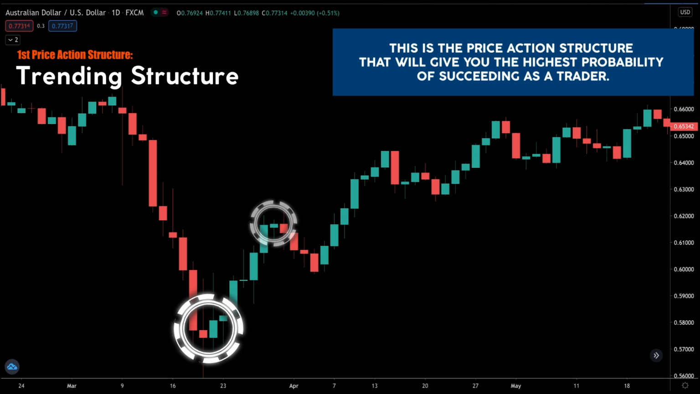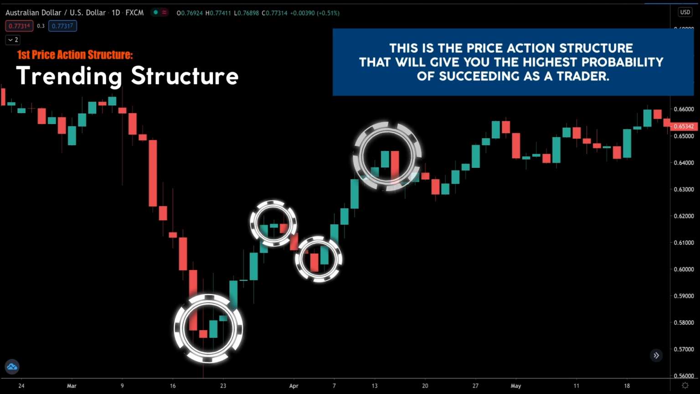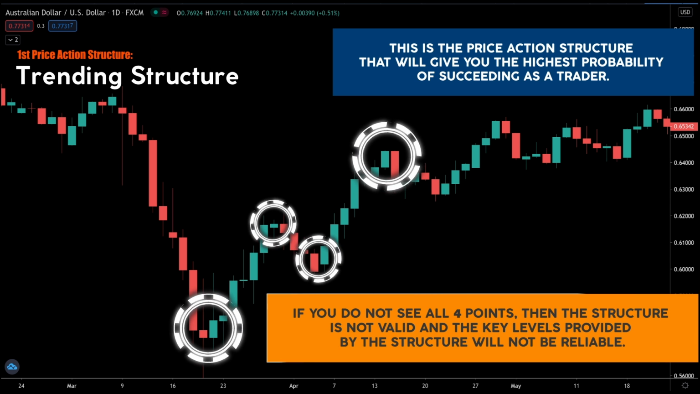The trend structure is made out of 4 points, and you have to see all 4 points for this structure to be valid. Now, if you do not see all 4 points, then the structure is not valid and the key levels provided by the structure will not be reliable. This is a very common mistake that rookie traders make, so please only draw the key levels after all 4